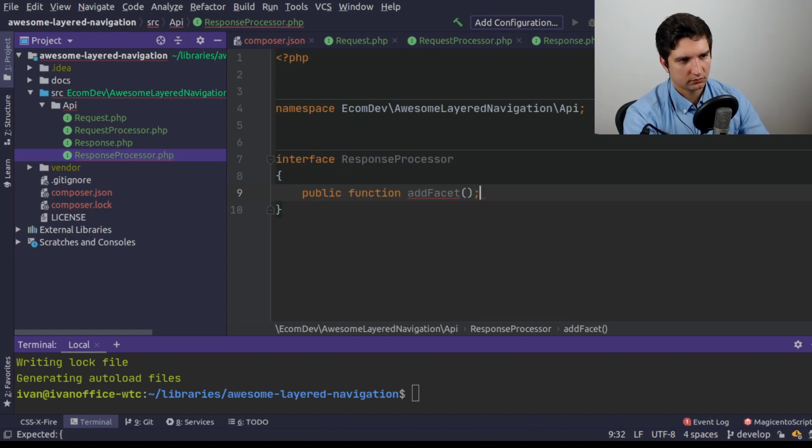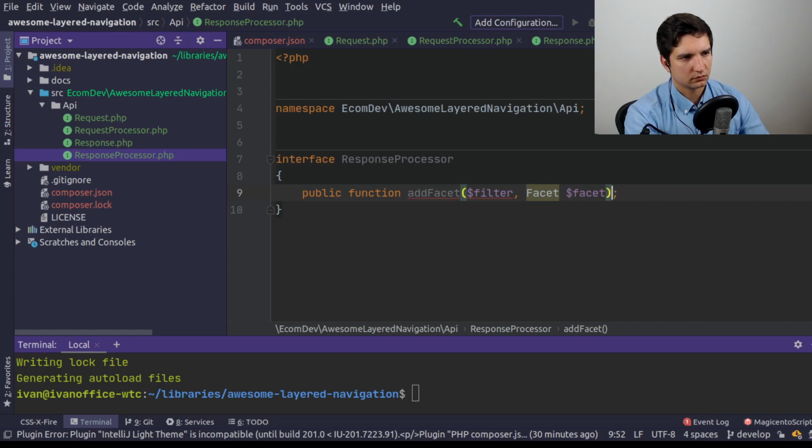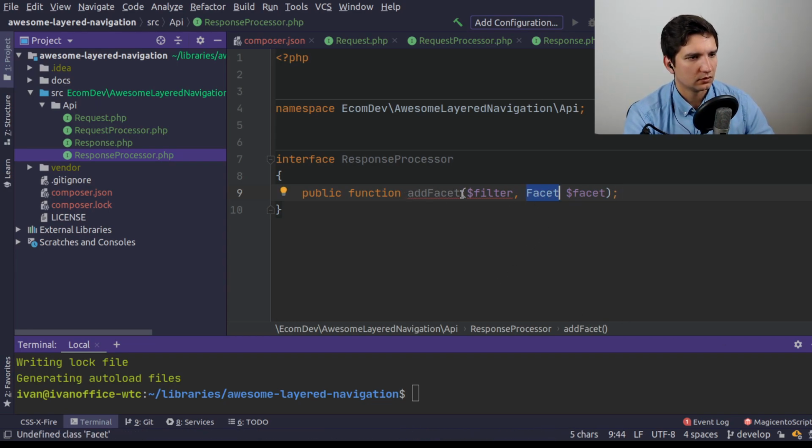Then it will take the facet object itself. Filter is also less abstraction. Filter, and then the facet itself is going to be an object that will contain